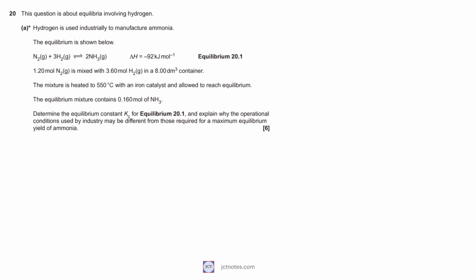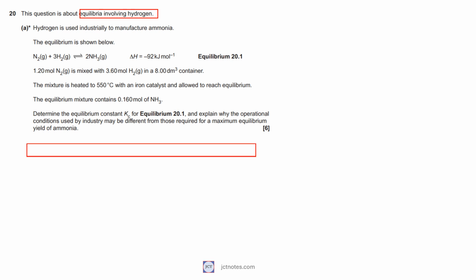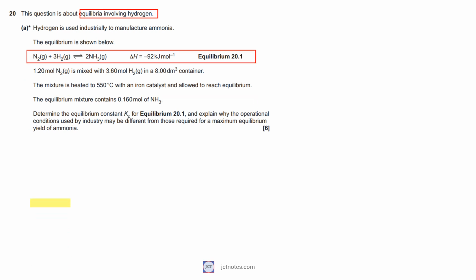Question 20 is about equilibria involving hydrogen. Question A is the industrial use of hydrogen to manufacture ammonia based on the given equation. 1.20 mole of nitrogen is mixed with 3.60 mole of hydrogen in an 8 cubic decimeter container. The mixture is heated to 550 degrees Celsius with an iron catalyst and allowed to reach equilibrium. The equilibrium mixture contains